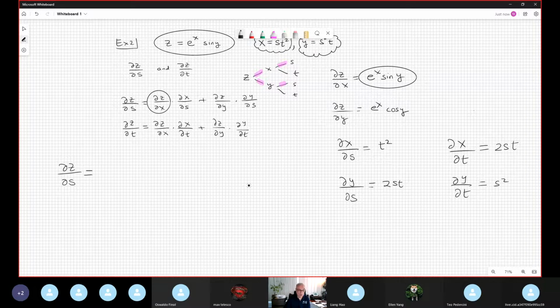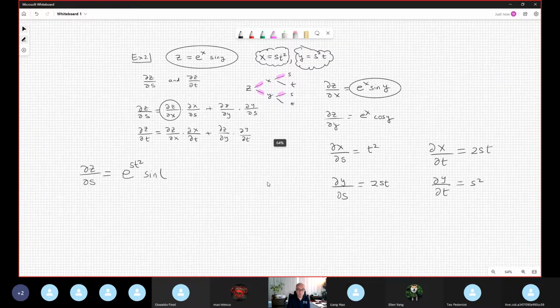So you replace. You put e to the, I copy this e, but x is s t squared, right? Sine of what? Sine y, which is s squared t, multiplication by